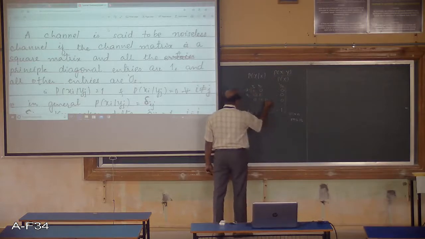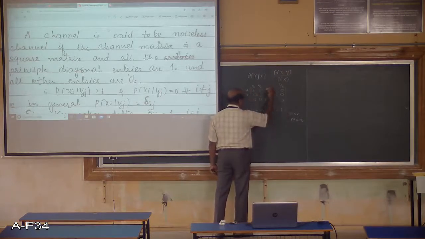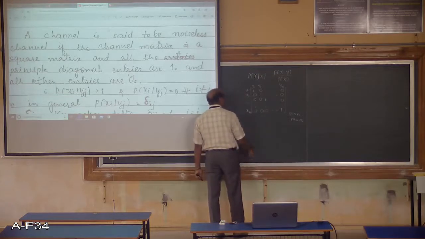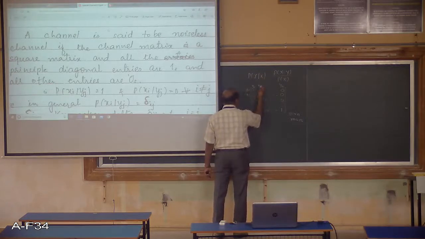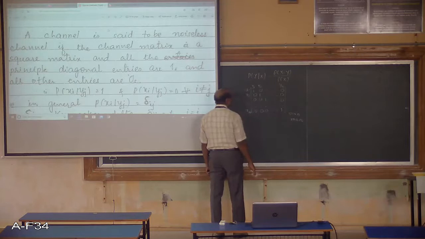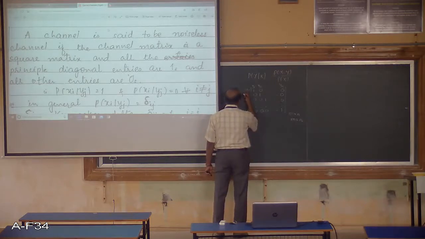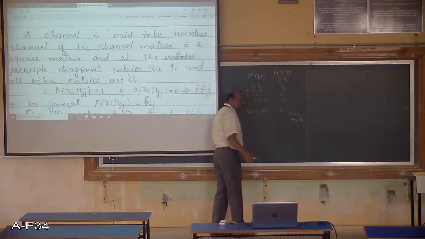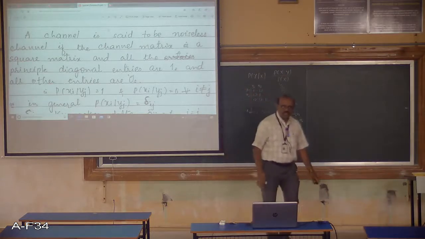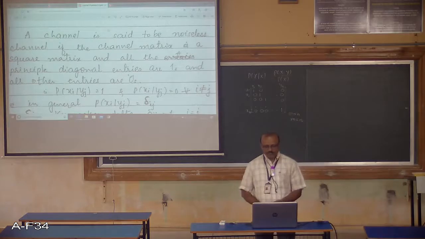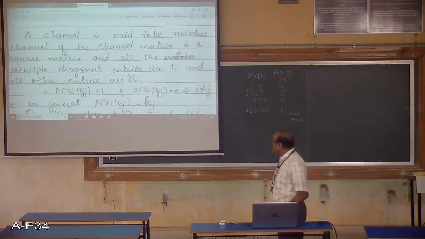Only principal diagonal elements are 1, with all the other elements 0. Okay, so noiseless: there is no concept of noise and receiving incorrect output. So if x1 is transmitted, it is received as y1 itself, and all other probabilities are 0. Such a channel we call a noiseless channel, for which